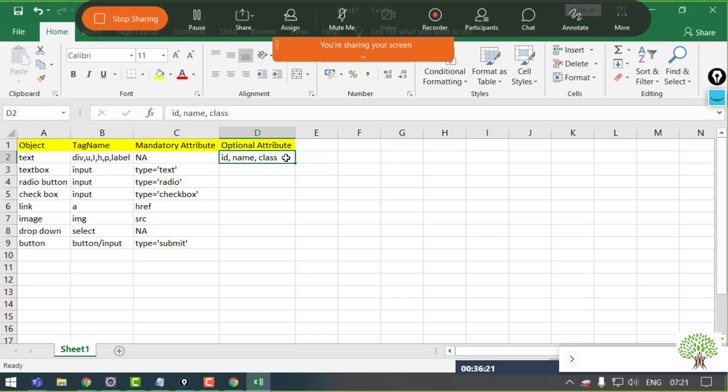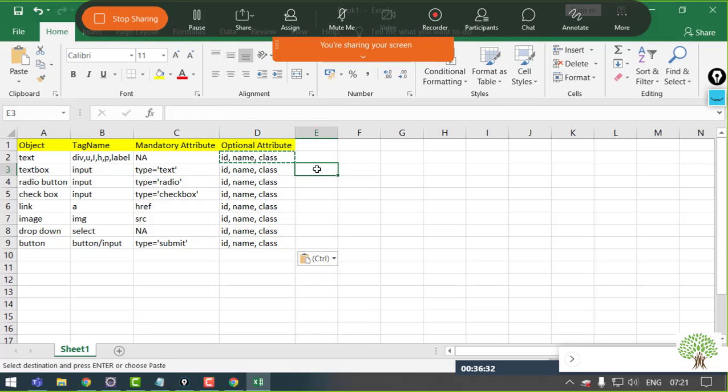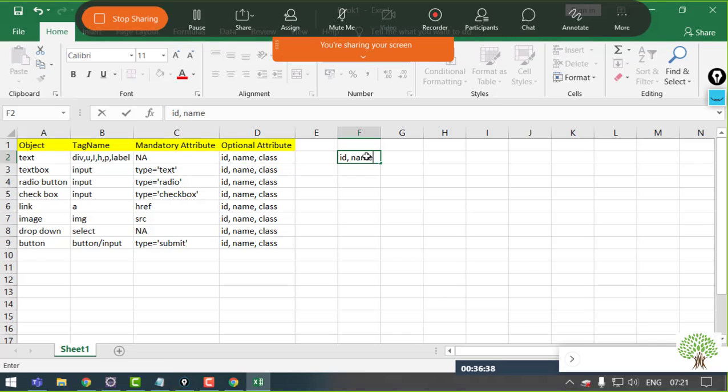It can be a possibility that they have none of the optional attributes, or they can have all of them. But out of these optional attributes, if the element has ID or name as the attribute, then to extract them from the web page, these two attributes are the best.